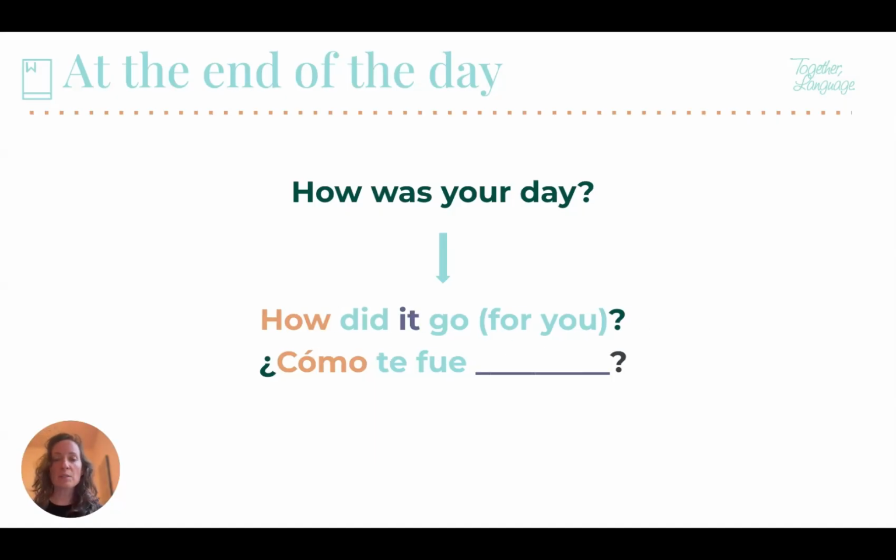And if we wanted to ask more generally at the close of an activity, we just finished a test and we wanted to ask, how did it go? Or we finished a group activity and they sat with a new neighbor. How did it go? In this case, we actually don't need anything to fill in that blank and we are done with this question. To ask, how did it go? All we need to say is, ¿Cómo te fue?